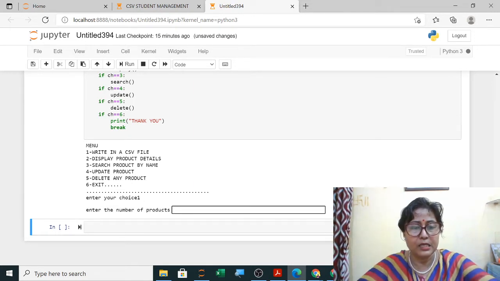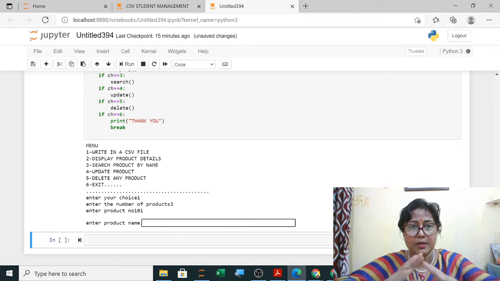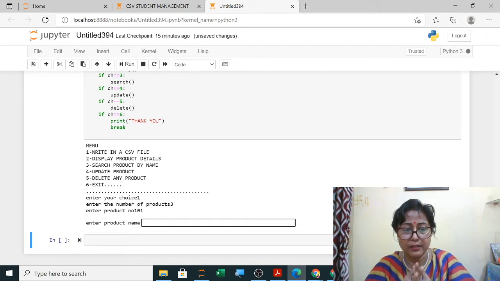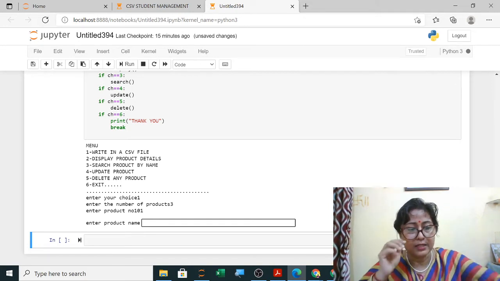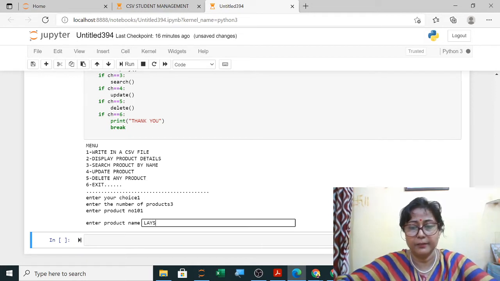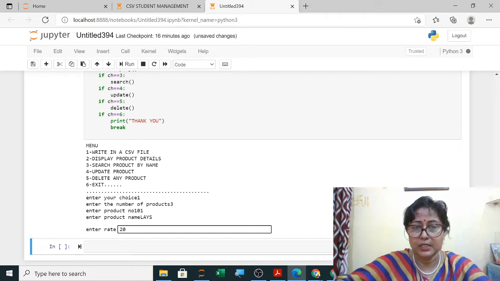How many products? 3 products I am entering. Product number is P1 or 101. So product number 101. Then product name. Now this was your food items, packed food items. So here you can give the packed food items, like suppose Lay's I am giving, and rate is 20.